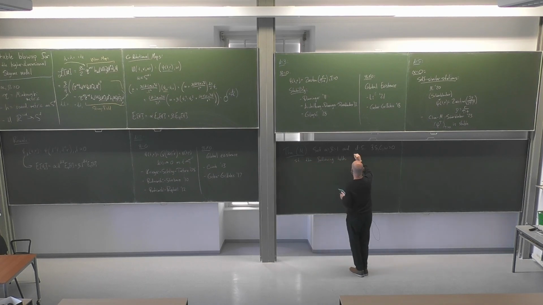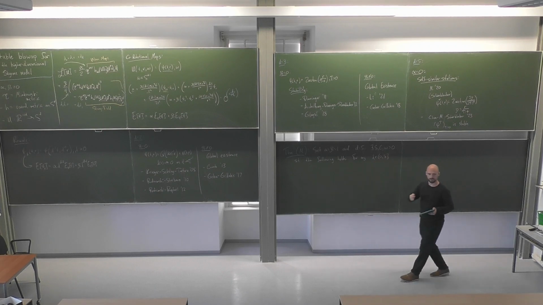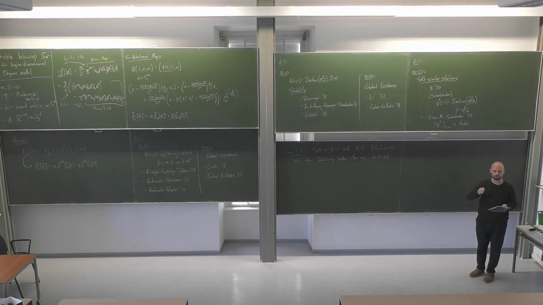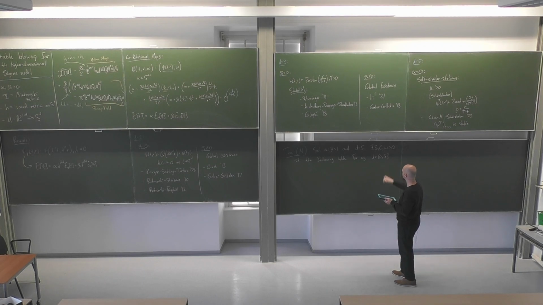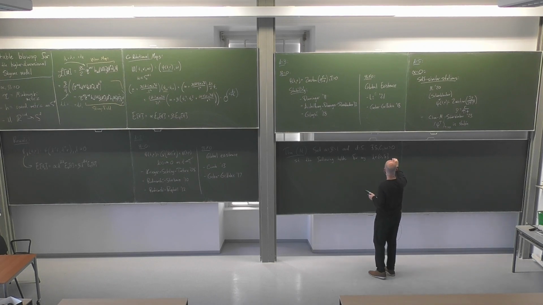Namely, for any lambda which is sufficiently small, this is in fact going to parameterize how small the blowup time is that I begin with. And so for any small parameter lambda and